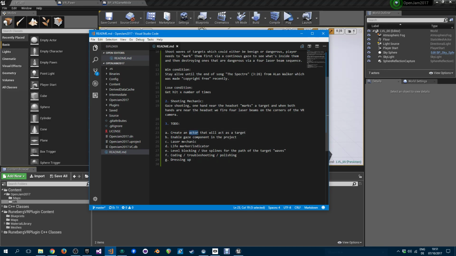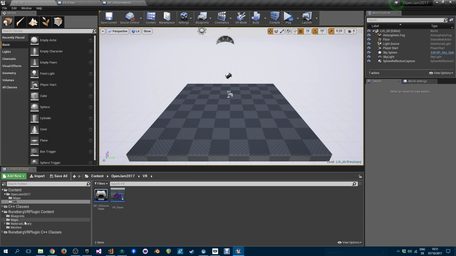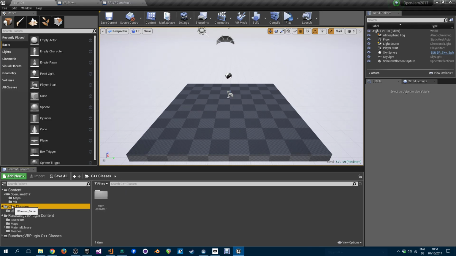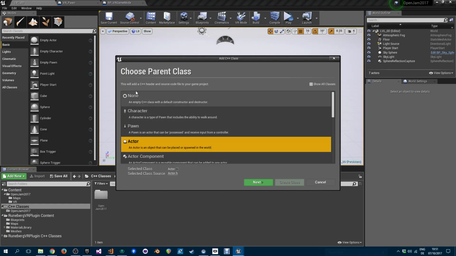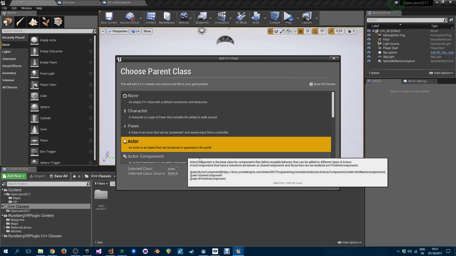So let's create an actor that will act as a target. So I'm gonna do that. I can do that in Blueprint, I guess, easy enough, but let's do it in C++. So you just kind of see how it's done in C++, which is technically not really hardcore C++, but we'll. So I'm going to use a parent class called Actor,